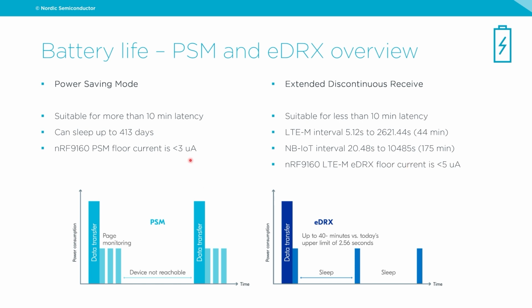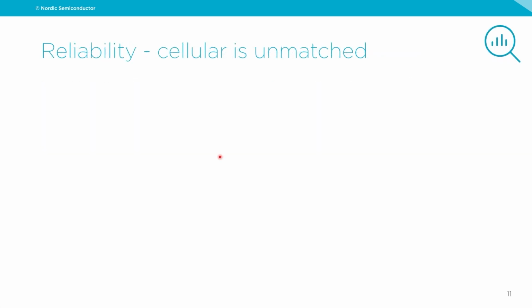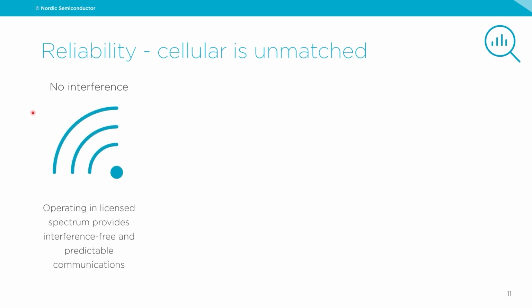All right. So moving on to the next factor that you will want to consider, which is reliability. And here we can make a strong statement that cellular IoT is really unmatched when it comes to reliability. The key reason, and again, I mentioned this is important, is that cellular is operating in a licensed band. Because you're operating in licensed spectrum and you have to have your devices certified with carriers and following global standards, your device is operating in an interference-free environment, which gives you predictable communication between device and the rest of the world.